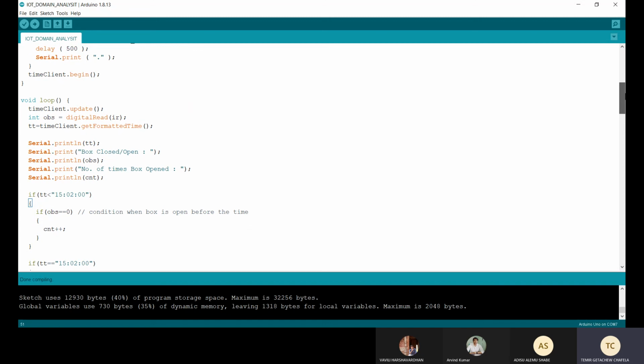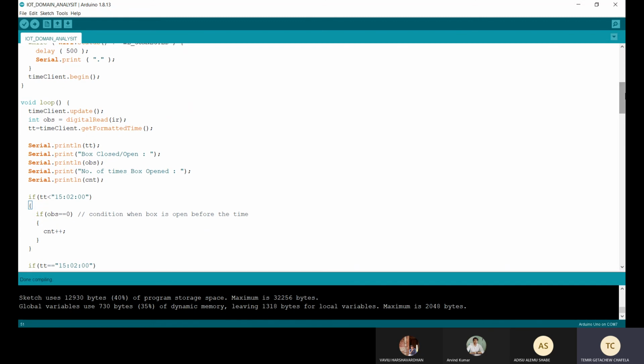In the loop function, time is updated every time. As you can see from here, variable OBS stores the digital value from the IR sensor, and TT stores the time. A counter CNT is created, which will count the number of times the box opened before the time.